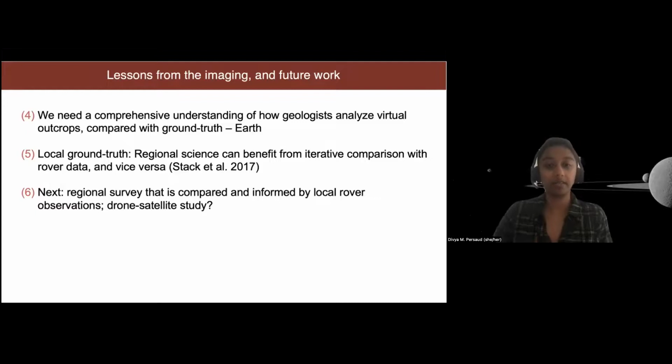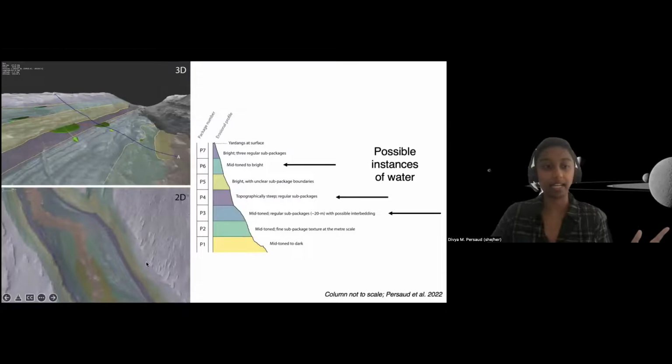Finally, there's a recommendation from Catherine Stack-Morgan in various publications. We have all this regional science that's being developed, this sort of map that we're getting in a lot of different places on Mars. And we also have rovers, and rovers are pretty close to here. It's 30 kilometers away from Curiosity rover.